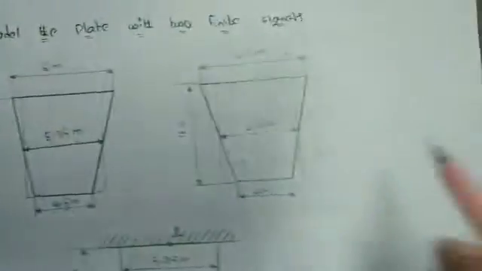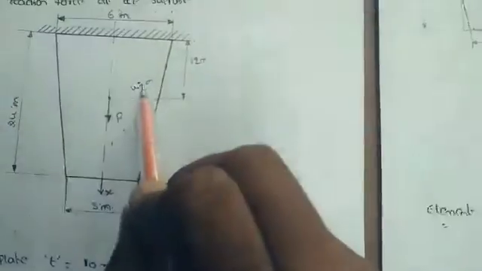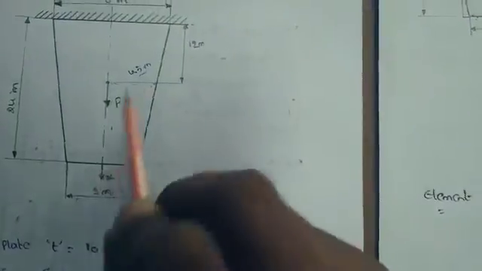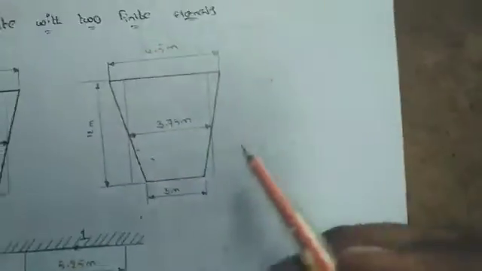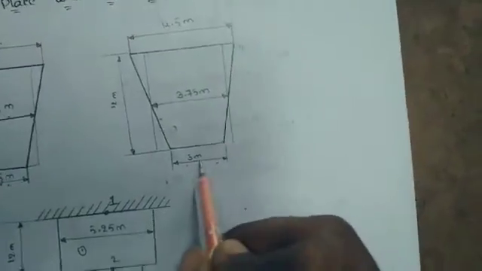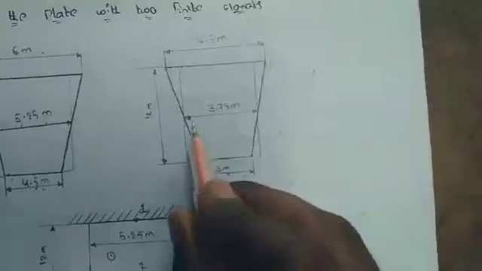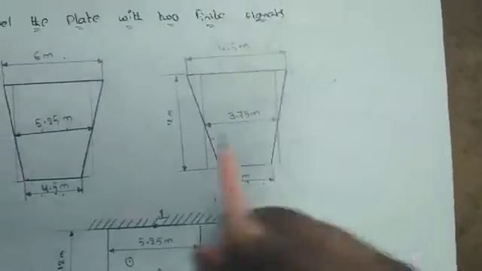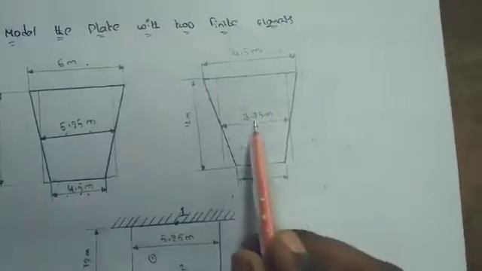Then the second one. What is the center length of this figure? 4.5. Bottom length is 3. Consider this second portion of the figure, 4.5 and 3 meter, not mm, this is meter. You average these two values and you get 3.75. The length is also 12 meter. Here you got 5.25, here 3.75.